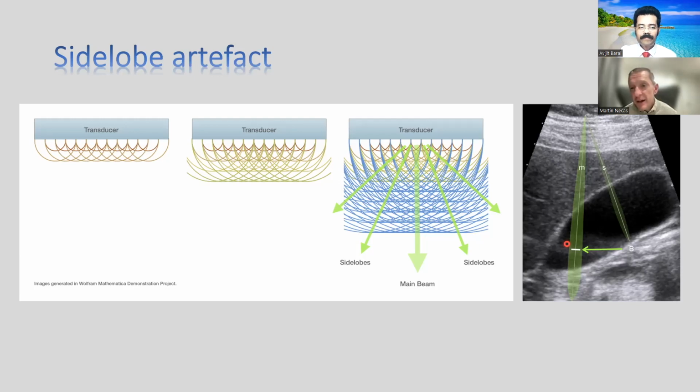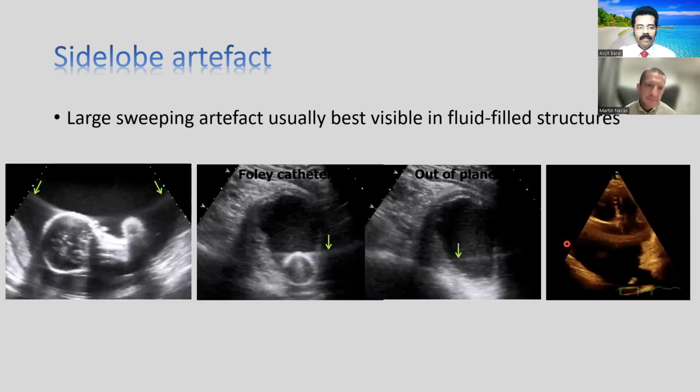Yes. An easy way of getting around it is to simply try from a different angle. A real structure will always be there, whereas this artifact will be quite angle dependent. Exactly. And there are some good examples here. Oh gosh, there's many. So we have a fetal head that's got a nice spread of white echoes around it. That's side lobe artifact. Foley catheters are highly reflective, so they also tend to have these whiskers of